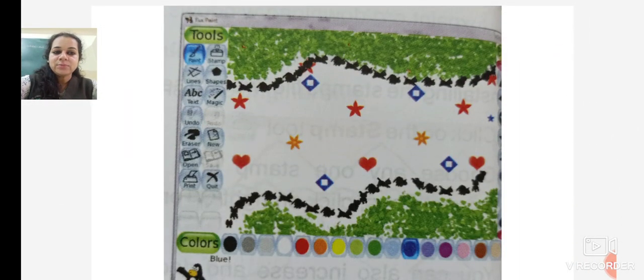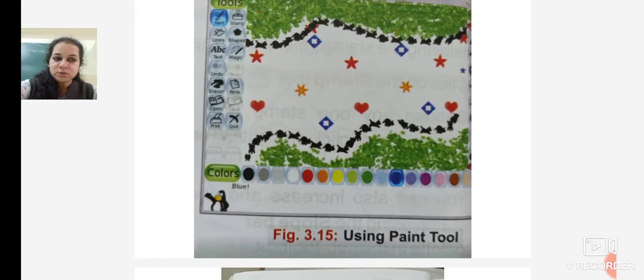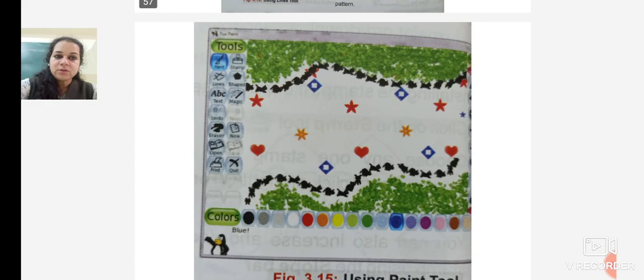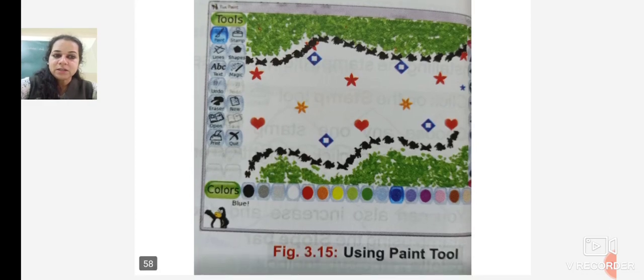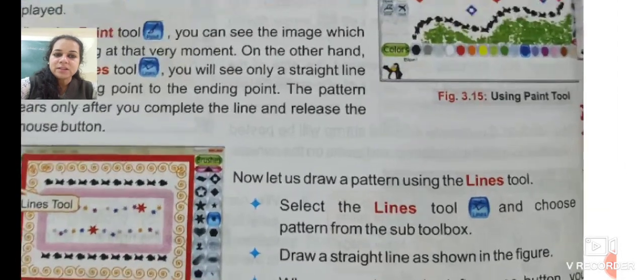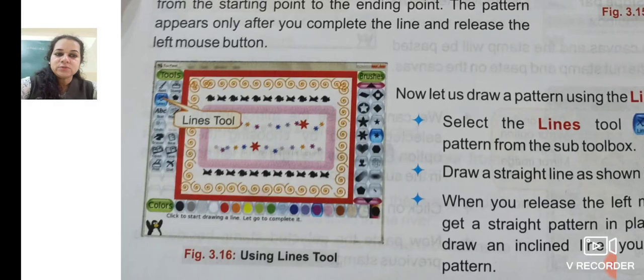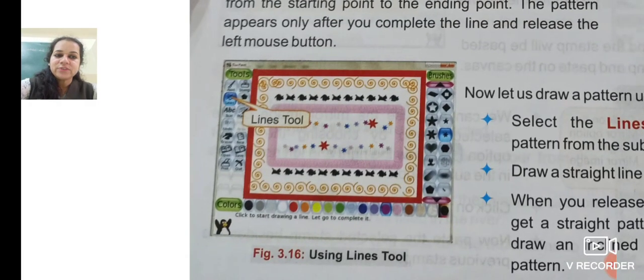As you can see in the video, this is using the paint tool. You can draw the images using the paint tool and using the lines tool. Using the lines tool, you get this kind of image.